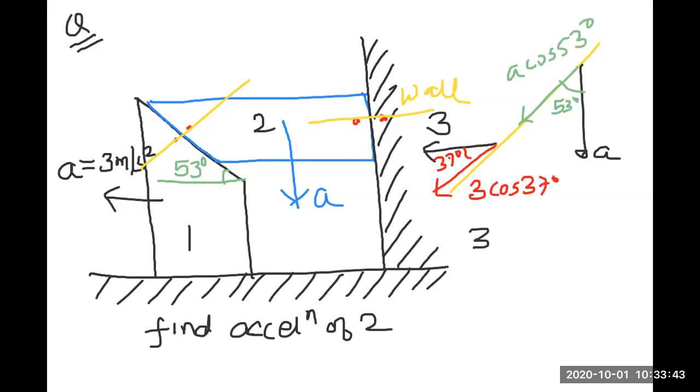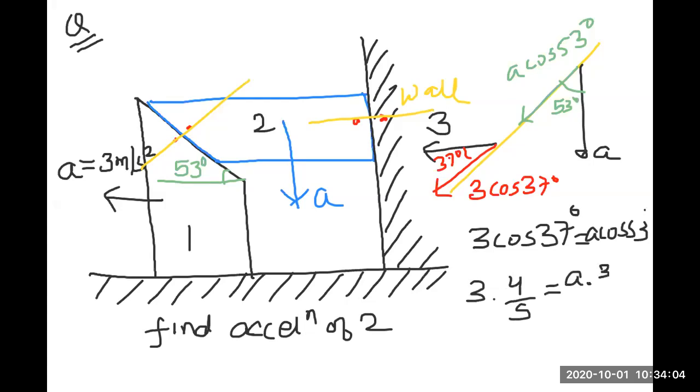So 3 cosine 37 degrees must be equal to a cosine 53 degrees. So 3 into cosine 37 कितना होता है? 4/5 is equal to a into 3/5।